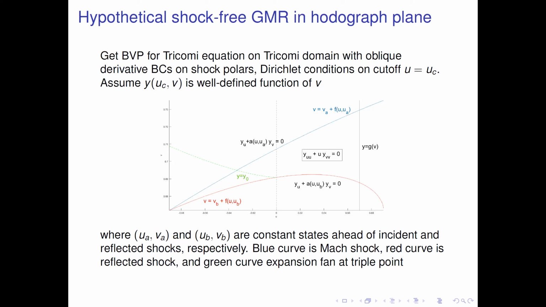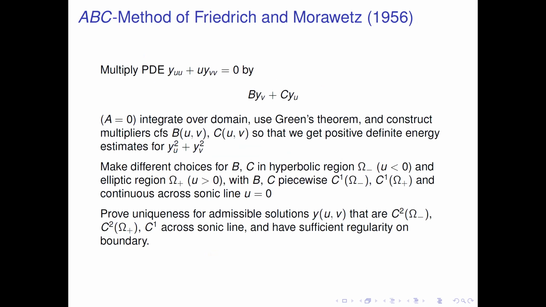And you end up with this sort of Tricomi problem. So the shocks turn into fixed curves in the hodograph plane, which are called shock polars. And it turns out that the shock conditions in the hodograph plane turn into oblique boundary conditions on the shock polars. So this picture maybe won't make a lot of sense, but